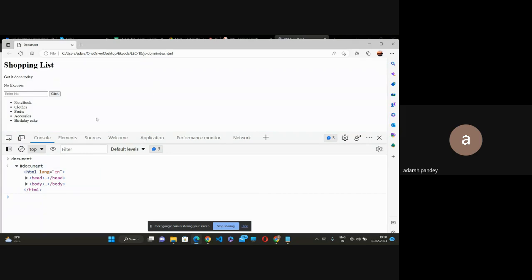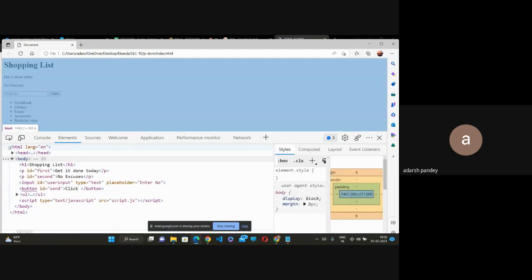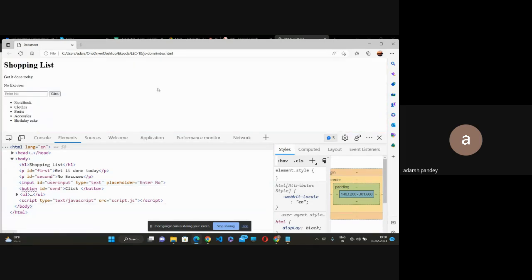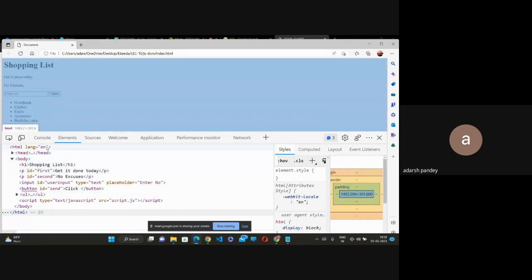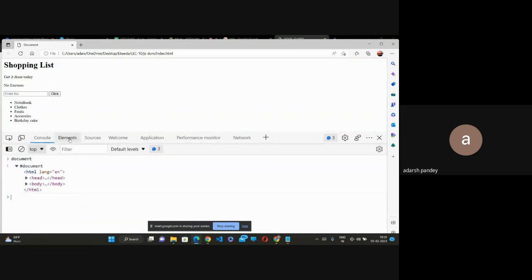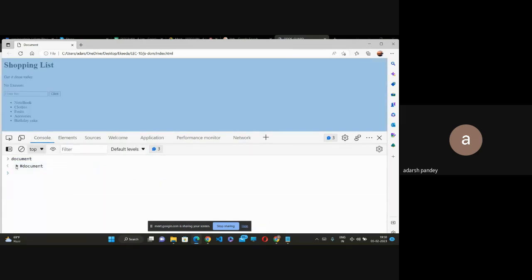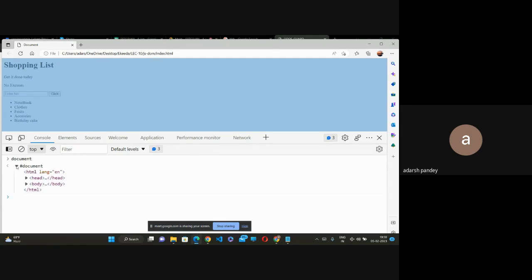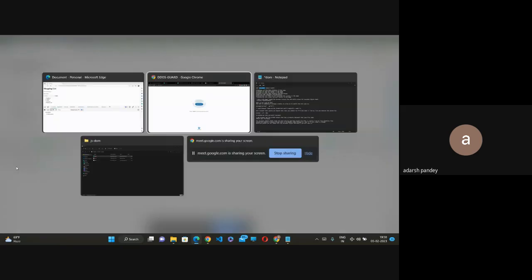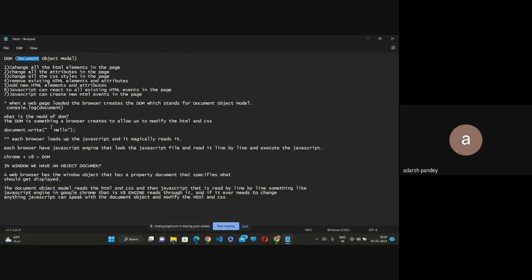जब भी वेब पेज लोड होता है, तो जब आप एलिमेंट्स में आते हो तो आपको ये पूरा HTML टैग दिख रहा होता है, जो भी ब्राउज़र पे लोड हो रहा होता है। Any HTML page is loaded on the browser, तो वो एक डॉक्यूमेंट के फॉर्म में होता है। तो what is document? Document is an object where all the entire contents of HTML is loaded. तो document क्या है? एक object है जो कि आपके HTML and CSS को कंटेन करता है।